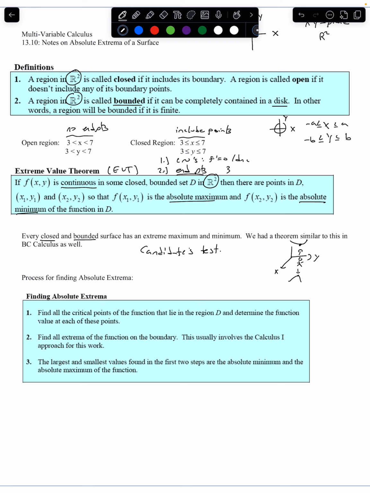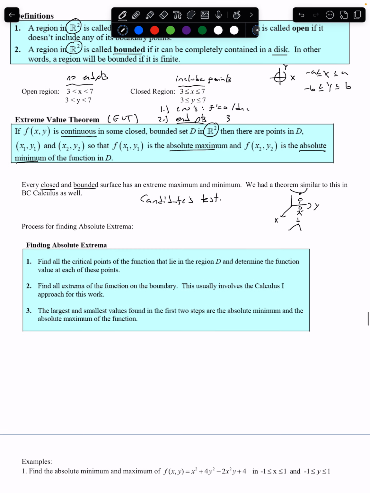And let's say we only want to be in the state of Colorado. So let's say you're staying in the state of Colorado, and in all of Colorado, what's the highest mountain, or what's the lowest valley is what we're kind of looking for here today. All right. So in multi, to find the absolute extreme, or to use the candidates test, the EVT, there's things